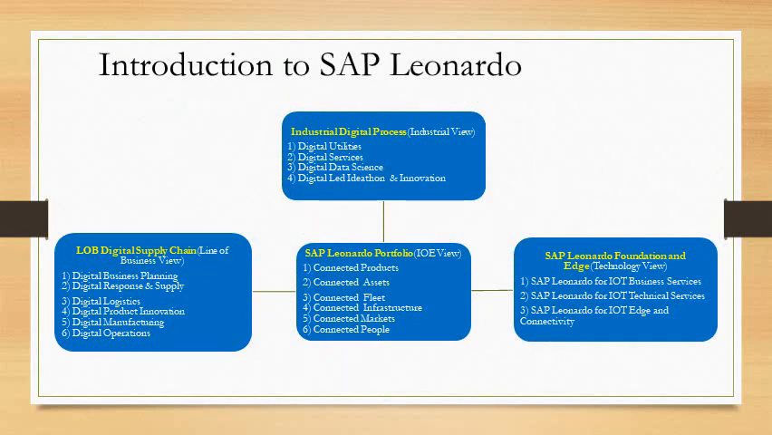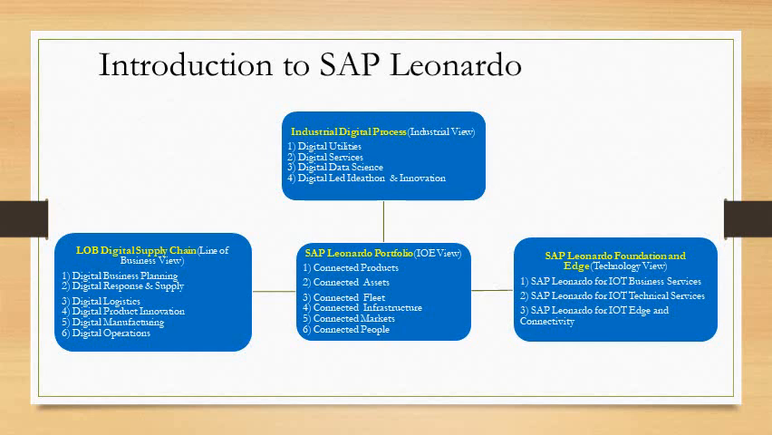The next is SAP Leonardo, which comprises SAP Leonardo views. The first one is the industrial view, the second is the line of business view, and the third is the technology view, and all three are integrated with the IOE view, the Internet of Everything view. First we go with the industrial view, which comprises processes like digital utilities, digital services, digital data services, digital ideation and innovation, and it's still in progress and being developed,